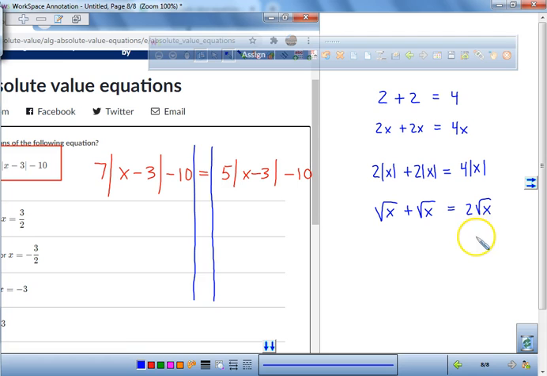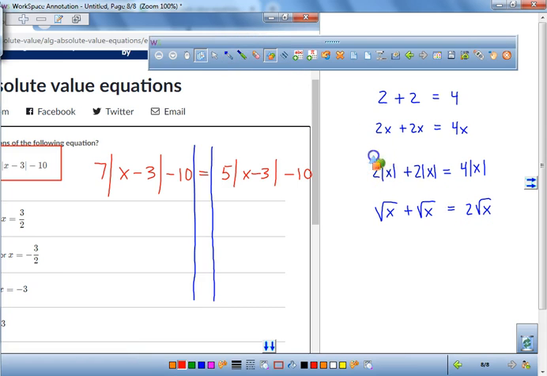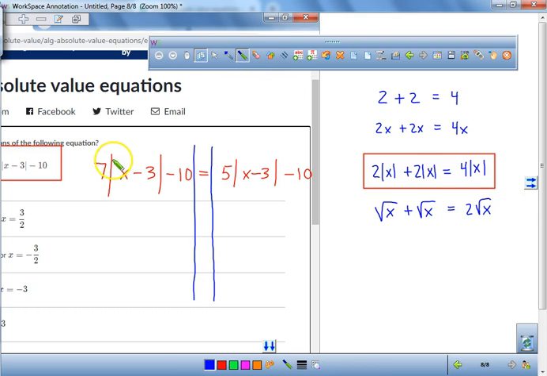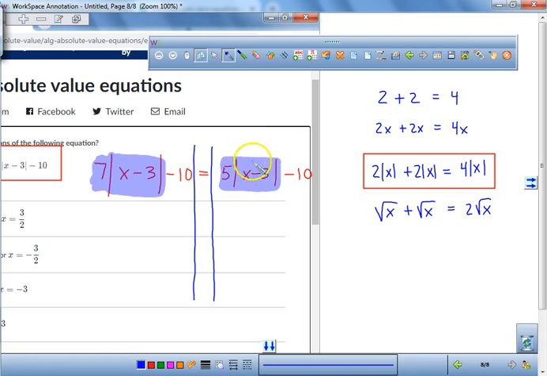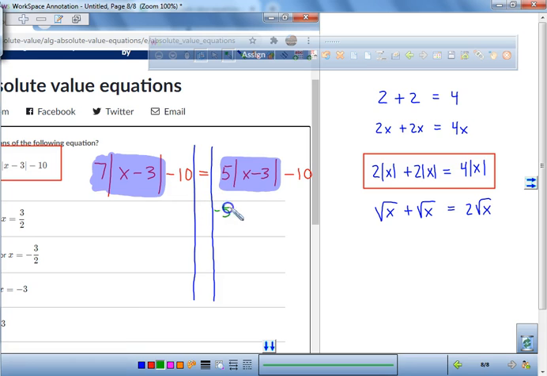So what I want you to understand, here's the concept. If they're the same absolute values, you can add them together or you can take them away. So check this out. Does everybody see here we have 7 of these, right? You have 7 of those. And over here, what do we have? 5 times the absolute value of x minus 3. So in your journal, what I want you to understand is these are like terms. So how could I get rid of a 5 times the absolute value of x minus 3? All I got to do is take it away